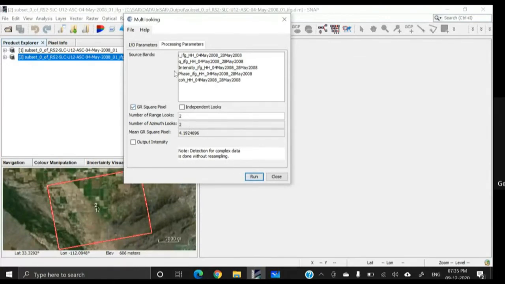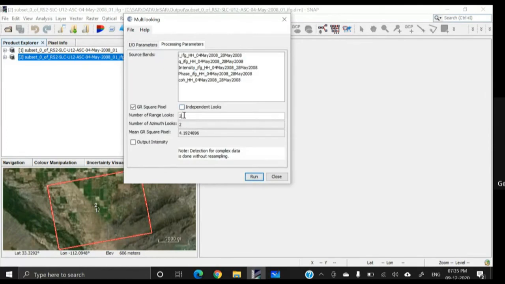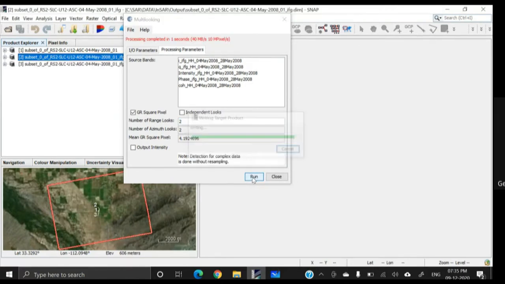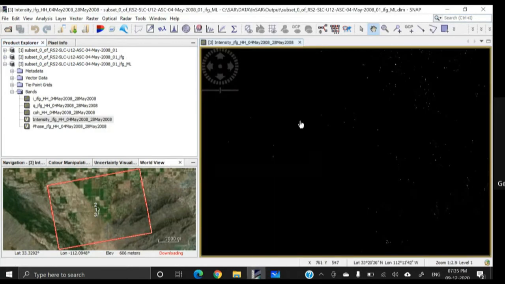So just accept all the default values, make the number of looks 2 and click on run. So this is the multi-look processed image, and let us just see the intensity image, how it looks.